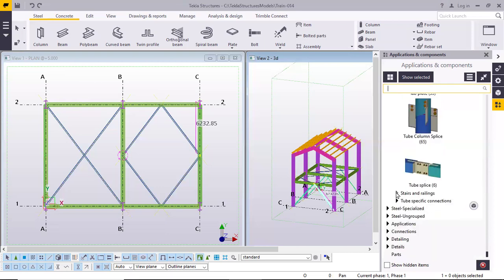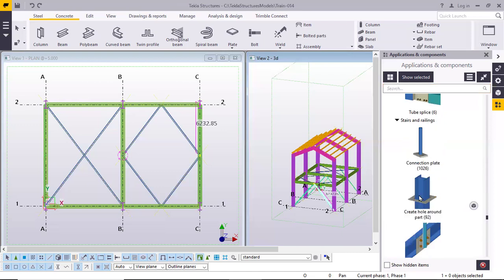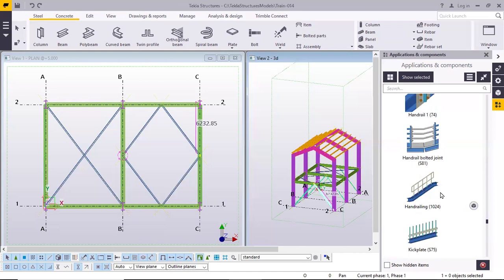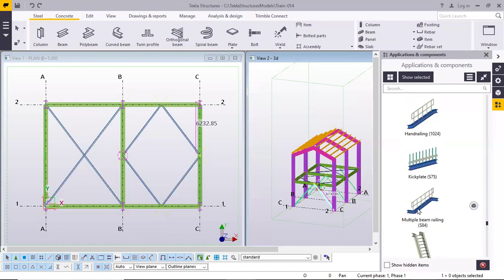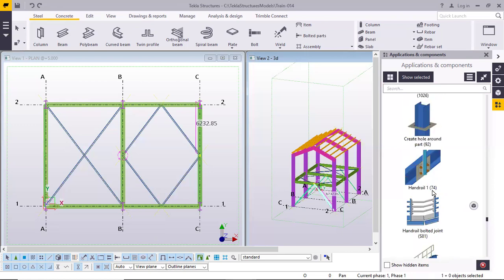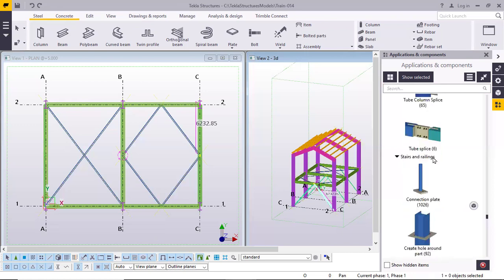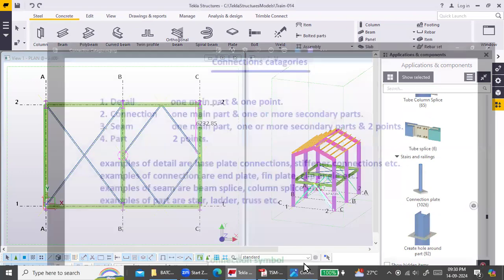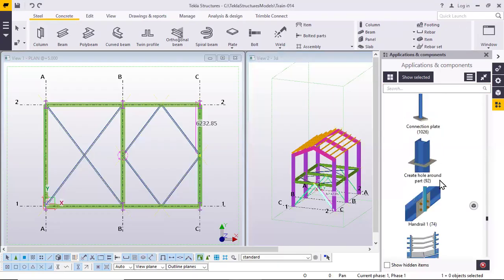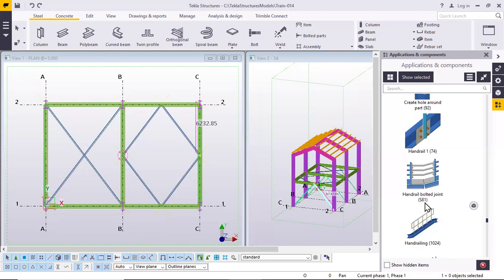Then we have another category, that is stairs, railings, handrails. Railing means handrails. So there are some macros. This connection is a part. Okay, this is part. Stair, railing, this is from part. So the category for this is part. Example, part: stair ladder. Why part? Because there will be 2 points. You have to provide 2 points, and then all these components